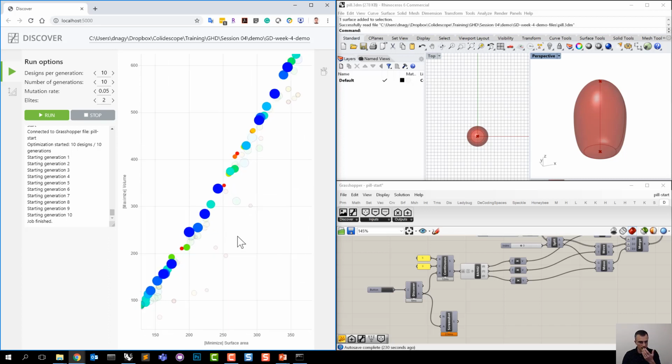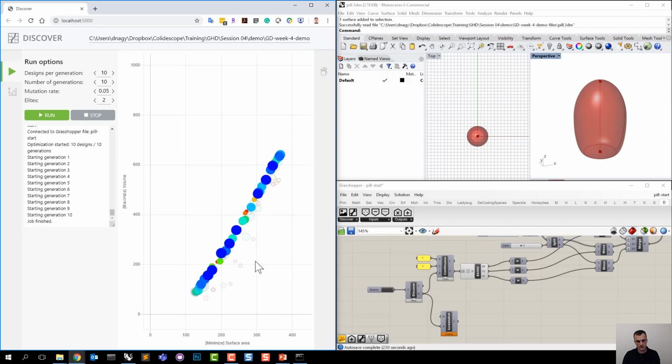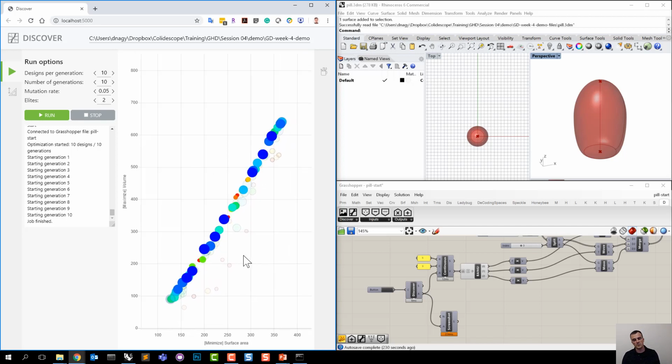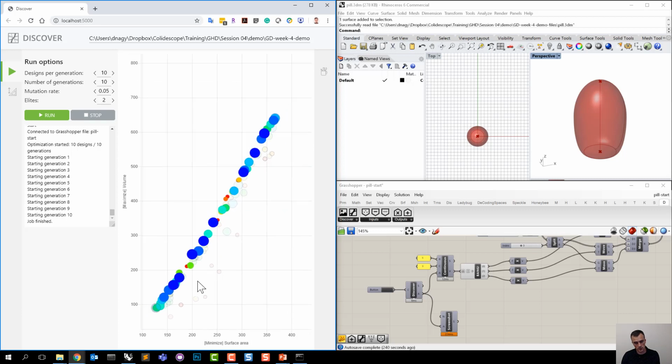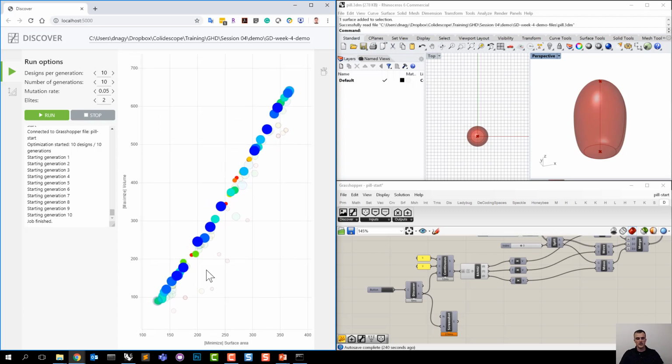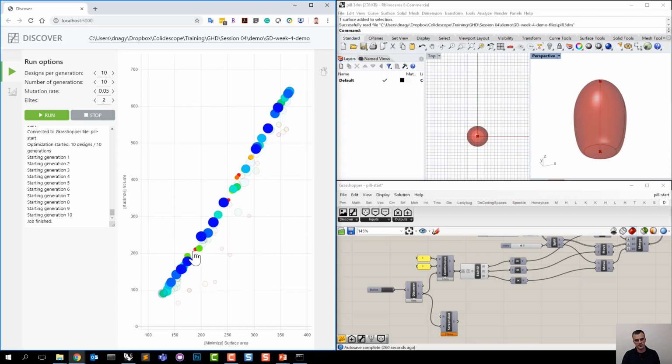Okay, so we find that with problems of more than one objective, which is quite common in the design problems we're going to solve, we actually have this condition of there not being a single best design. And all that means is we must then decide which of these designs is appropriate for us, right? The algorithm will reveal the set of best possible designs, but we have to decide how we want to navigate that trade-off and select the final design solutions. But the algorithm nevertheless is very good at pushing this set of designs as far as it can, and what you'll see is it'll always form this kind of barrier